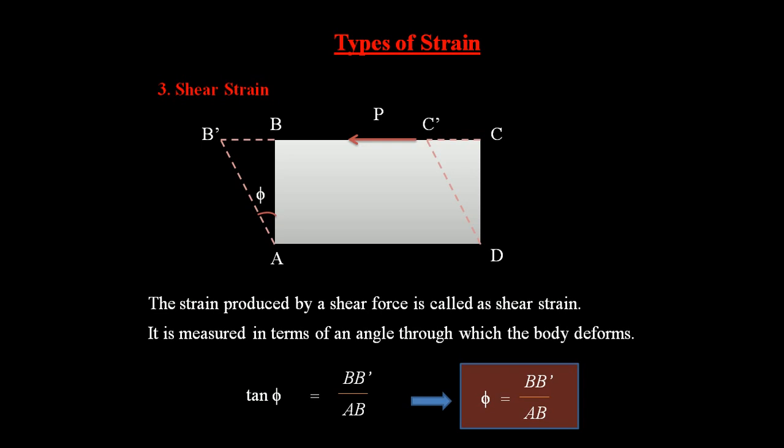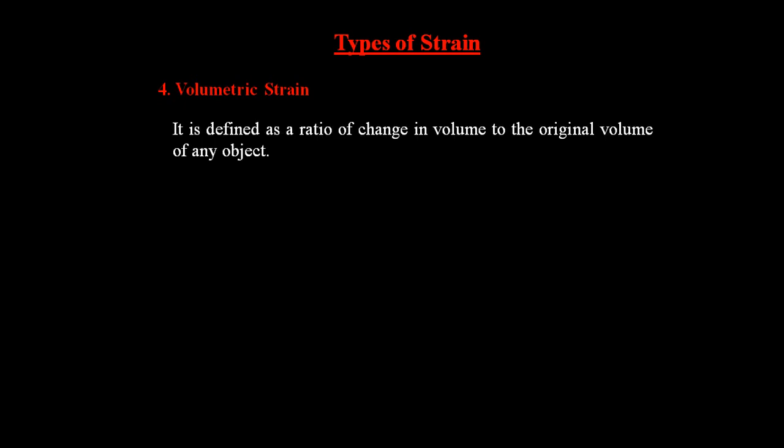So these are the types of shear strain, and the last one under types of strains is volumetric strain. It can be simply defined as the ratio between change in volume to the original volume. It is defined as the ratio of change in volume to original volume of any object or body